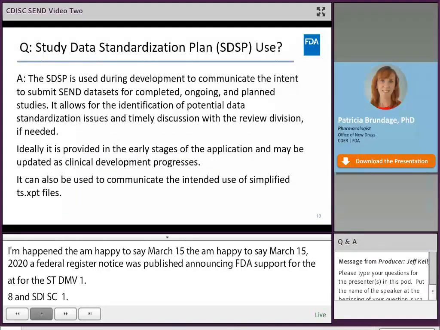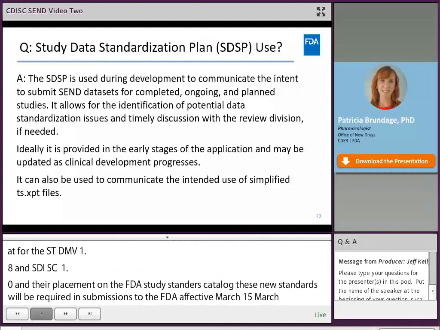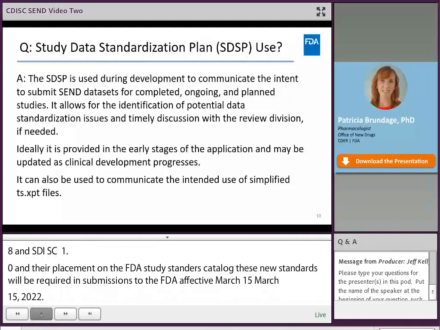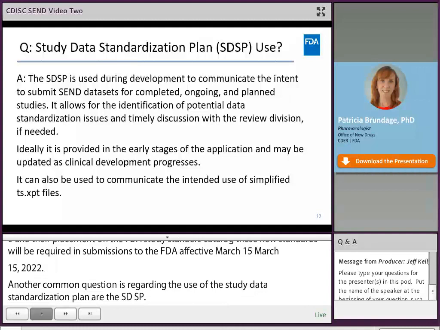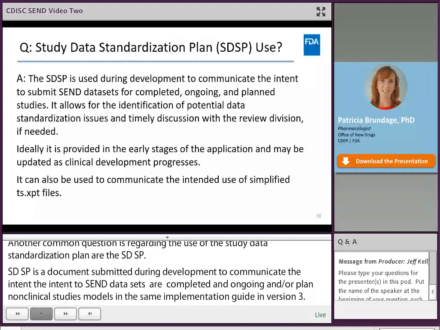Another common question is regarding the use of the Study Data Standardization Plan, or the SDSP. The SDSP is a document submitted during development to communicate the intent to submit SEND datasets for completed, ongoing, and/or planned non-clinical studies modeled in the SEND Implementation Guide version 3.0 and 3.1. The SDSP allows the Review Division to identify any potential data standardization issues and permits a timely discussion about any